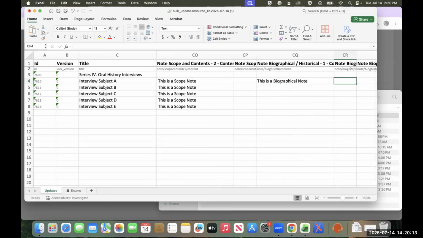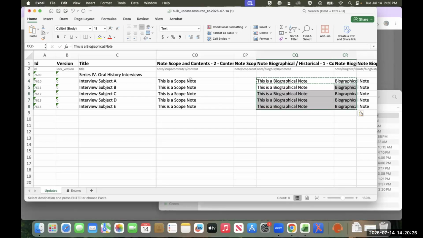And then this one, I am going to change the label so that I can specify that it is a biographical note instead of a historical note. Okay, so again, this is placeholder text. I'm doing this really quickly, but hopefully you get the idea of what's going on here. So I'm going to save my spreadsheet again,